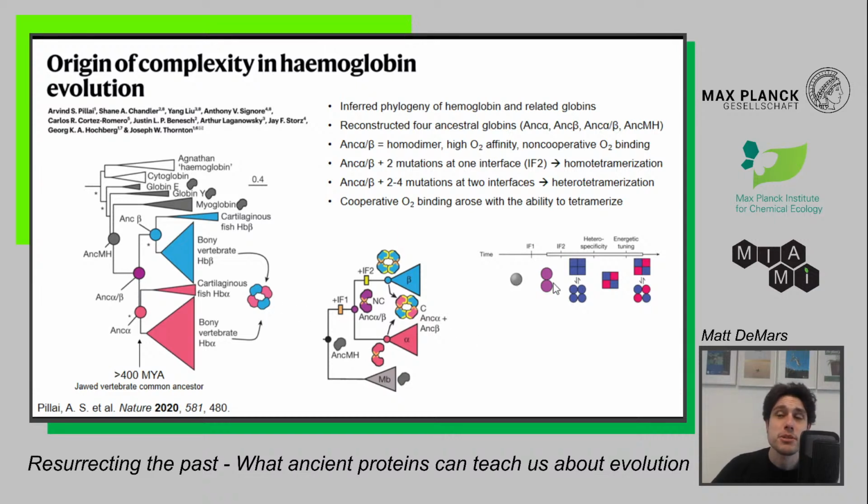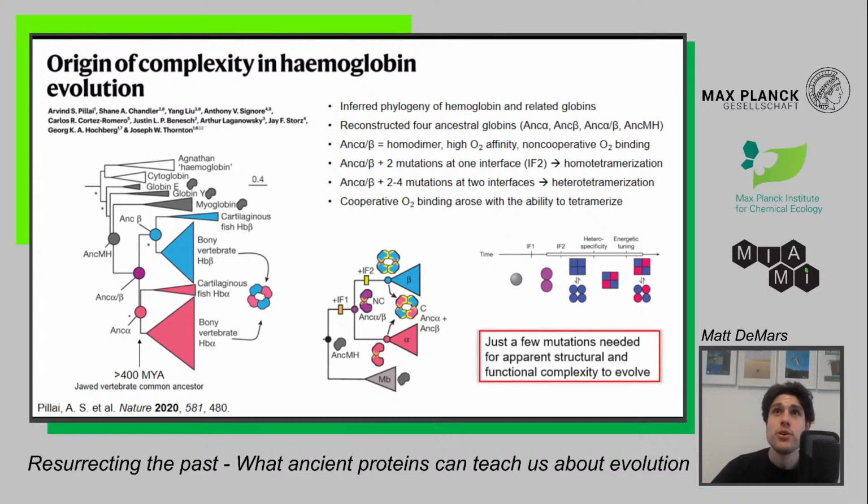So it's also shown here schematically. You can introduce only a few mutations into this homodimer, and now you get heterotetramerization, which exhibits cooperative binding properties to oxygen, and also lower affinity to oxygen. And so ultimately, what they found was that you just need a few mutations to acquire a structural and functional